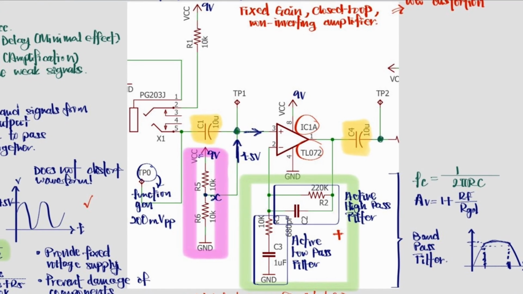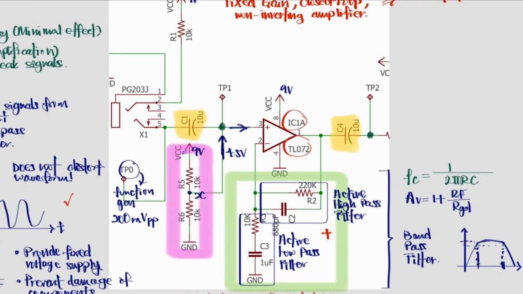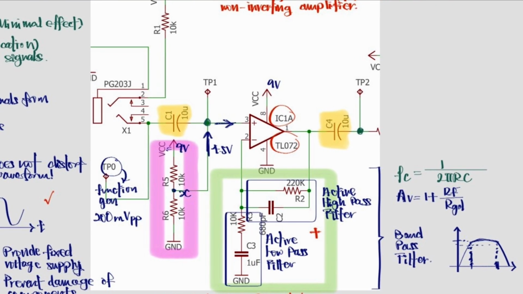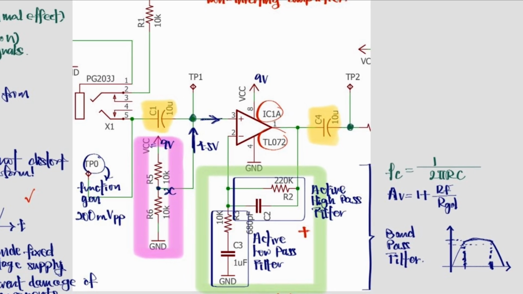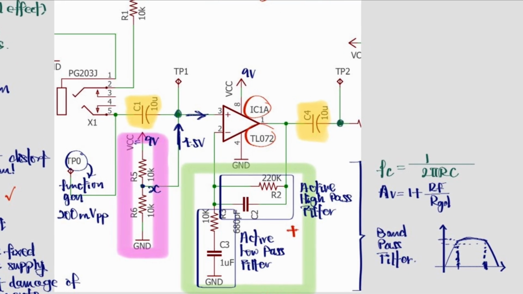Now we will look at the active passband filter here. It is made of C2, C3, R2 and R3. Essentially, it is an active high pass and low pass being cascaded. It blocks low frequencies and high frequencies, allowing only the frequencies between the cutoff points to pass through, forming a